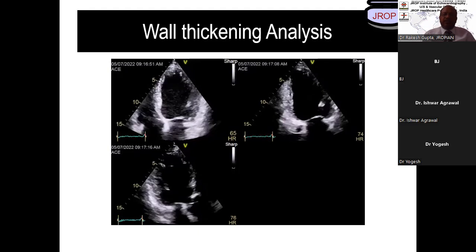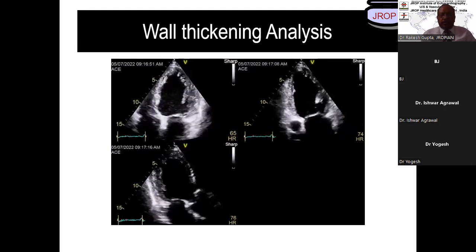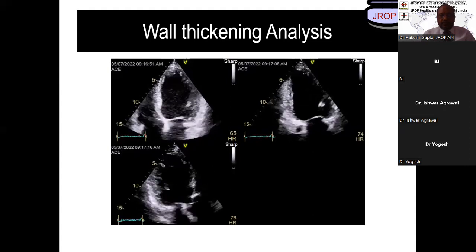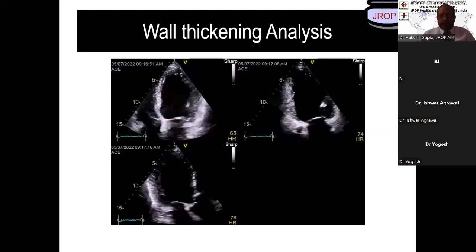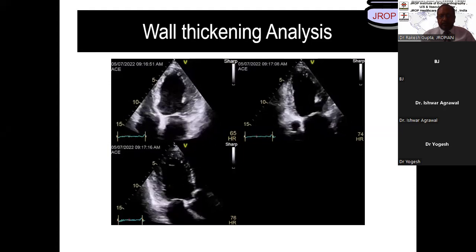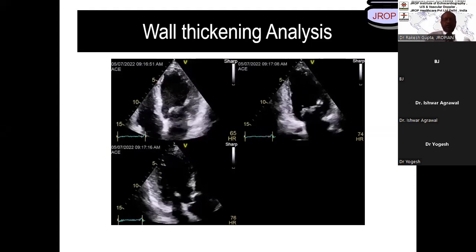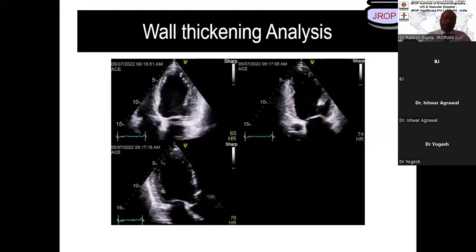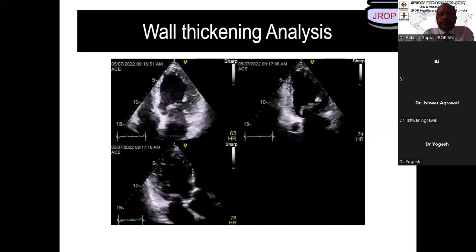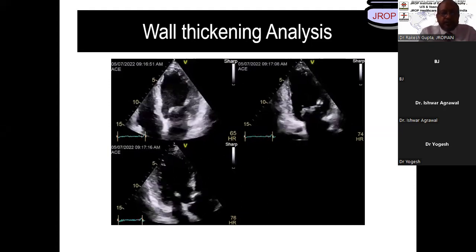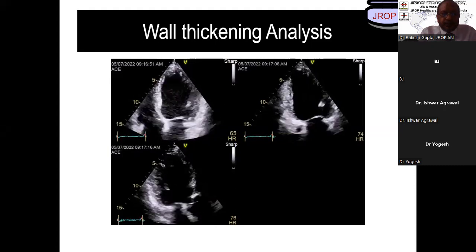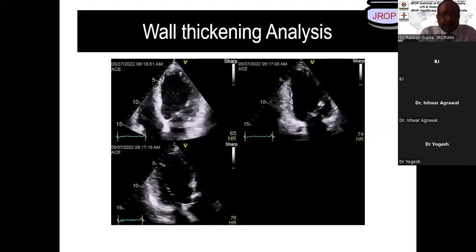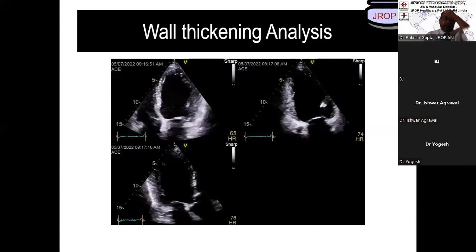Then we move on to the 2-chamber view. Yes, sir. In the 2-chamber, we're looking at the anterior and the inferior part of the left ventricle. It seems normal, a normal wall motion to me. Okay. 3-chamber view. Looking at the 3-chamber view,